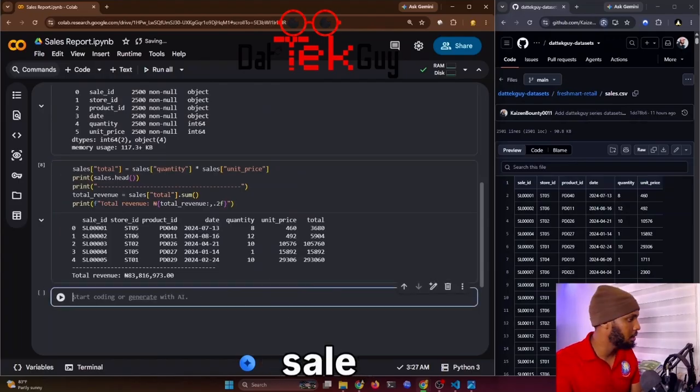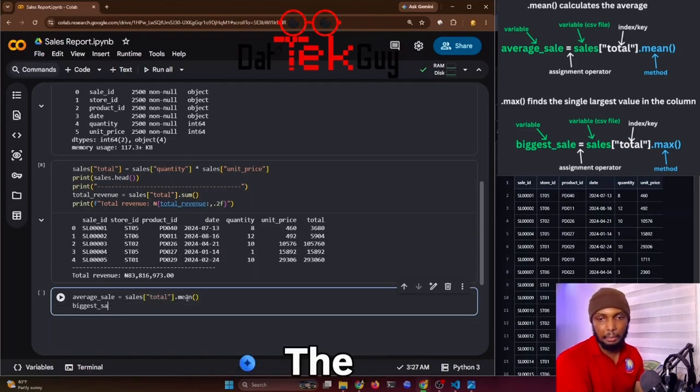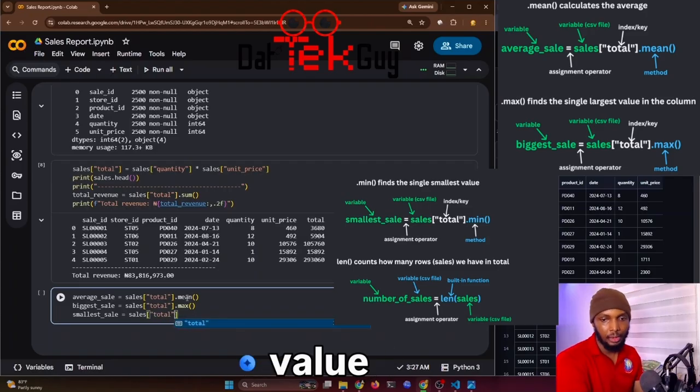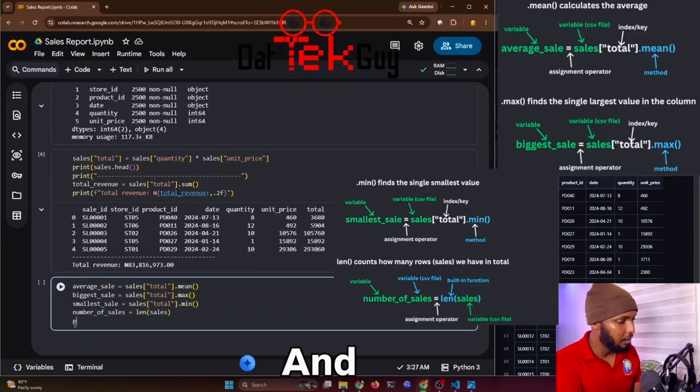So create a new cell. The .mean calculates the average total of all sales divided by the number of sales. The max finds the single largest value in the column. The min finds the single smallest value, while the length counts how many rows of sales we have in total. And when we print the output,